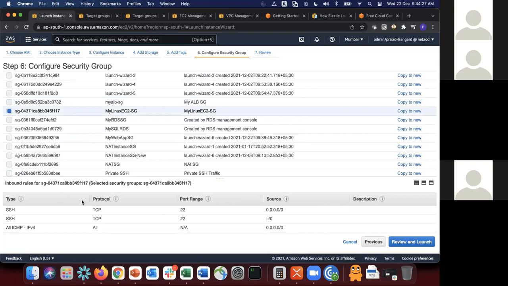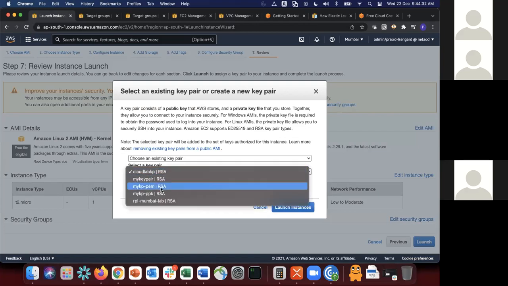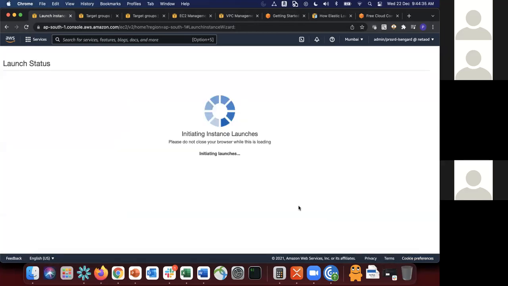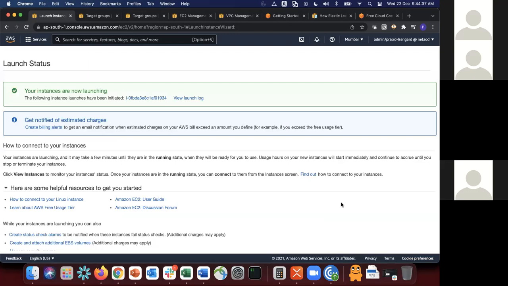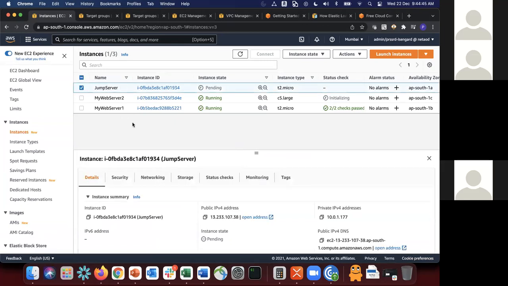Yeah, I use this, which allows all traffic. Launch. I will use the key pair PEM to launch instances. Okay, so jump server, let it come up. So once the jump server comes up, then what I'm going to do is, in the meantime,